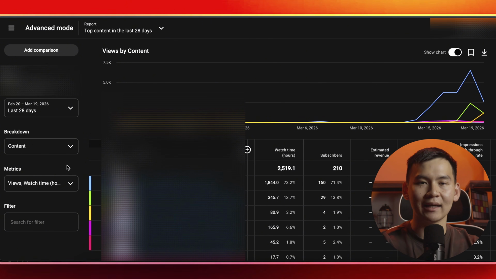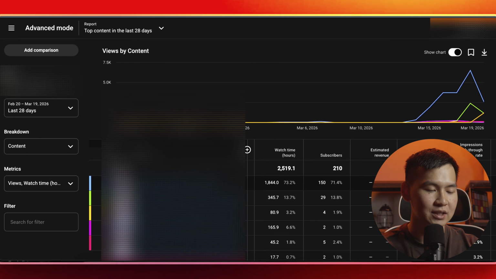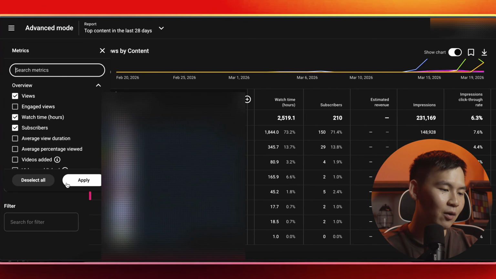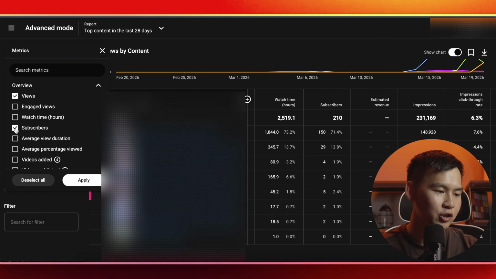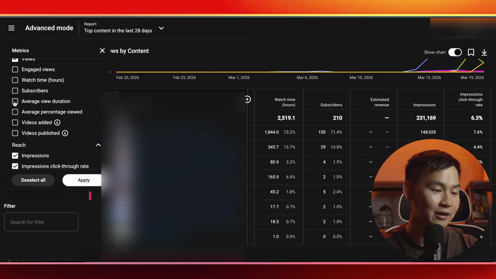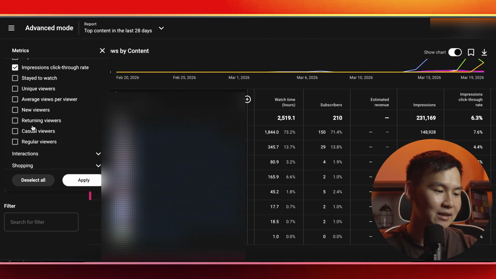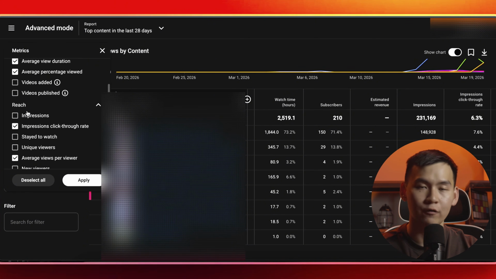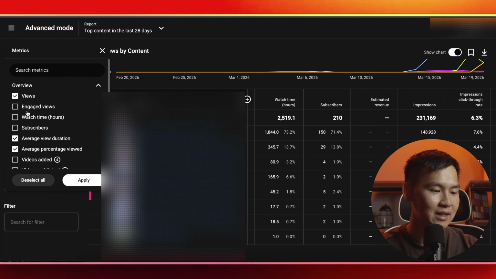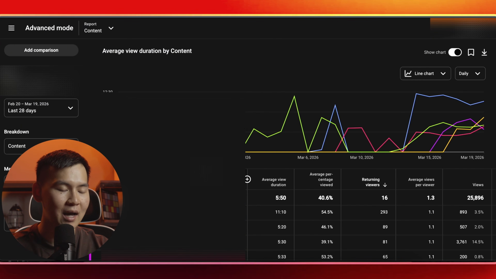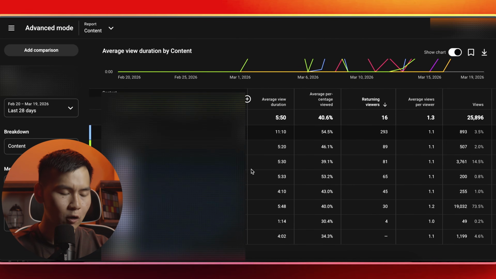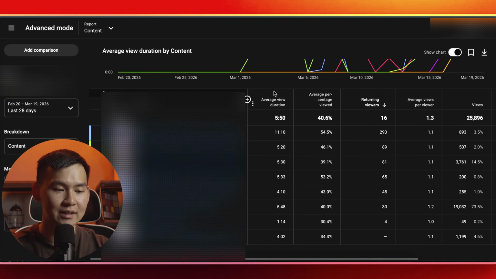So the main things that I really like to look at when I'm studying my analytics is I want to filter for the views. Watch time, subscribers don't matter too much. I like to look at the AVD and the APV. I like to look at my impressions click-through rate, and I like to see the number of returning viewers and the number of average views per viewer. And I'll explain all of these metrics in a second. So I'll just click here to apply, and over here, it immediately filters for